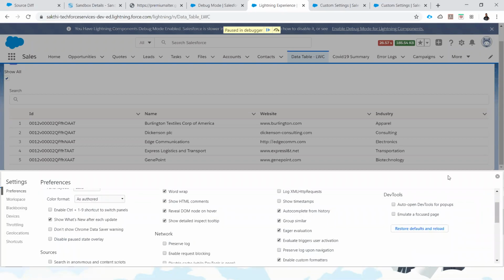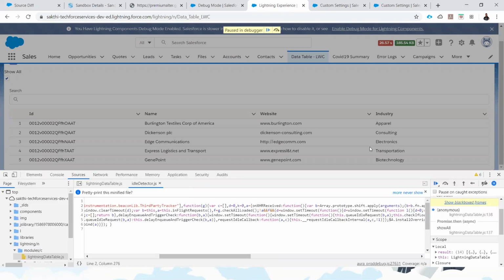Let me go to my slide. Yeah, these are the two things to debug your Lightning Web Component.